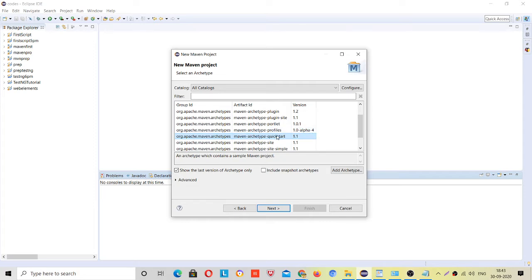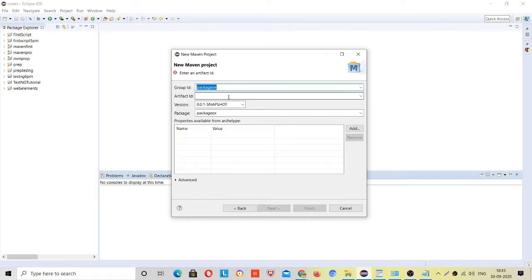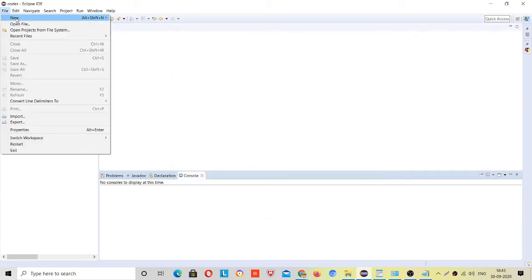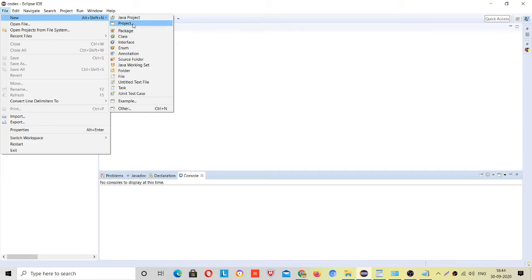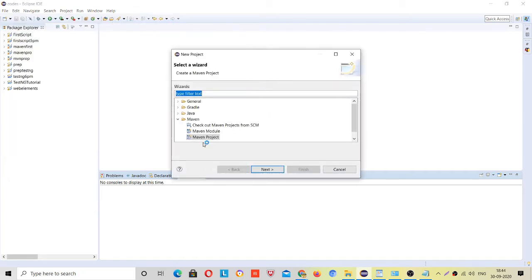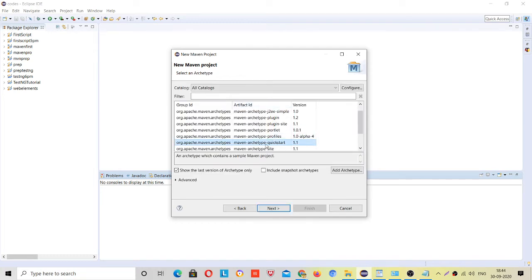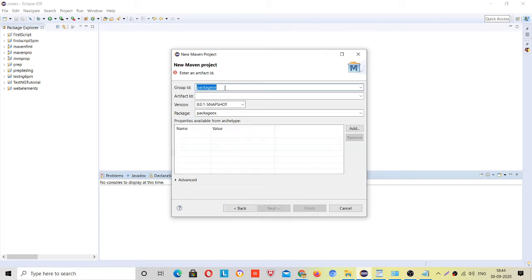After selecting, double click on this, right? So I will again go here and show you. Project, Maven project, and then next, right? After that, if you have already selected this, okay, otherwise click on next. See, this is your artifact id. Whatever you give, it will create the package name and project name as that, right?